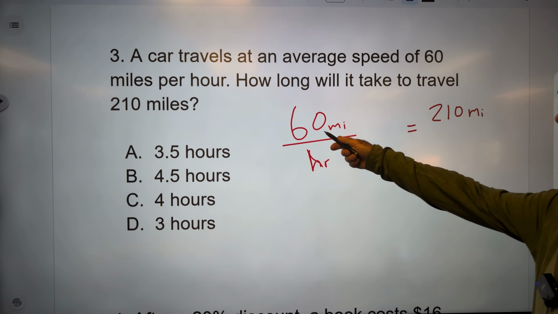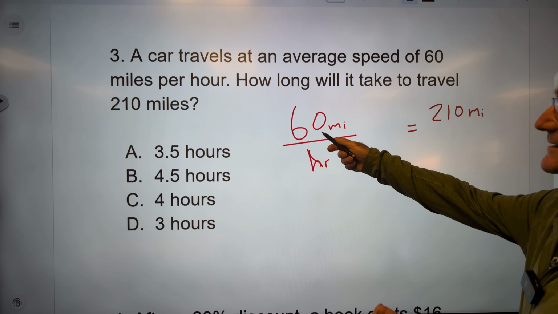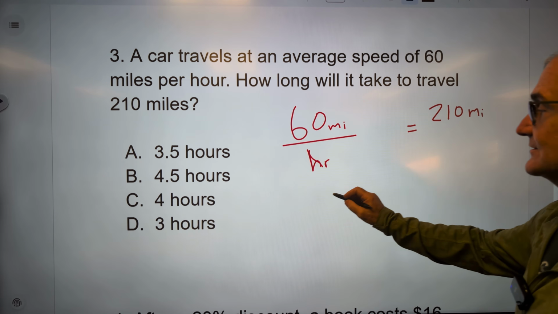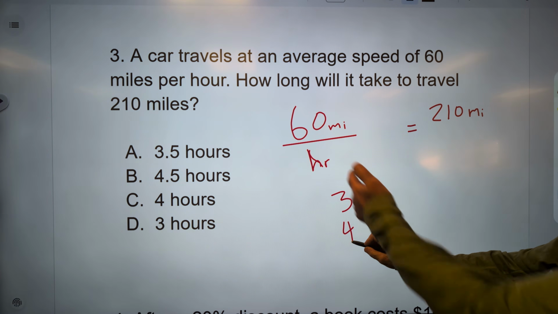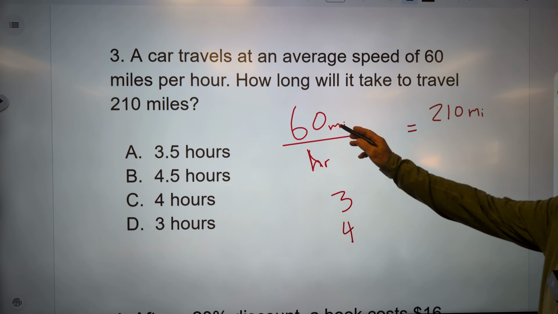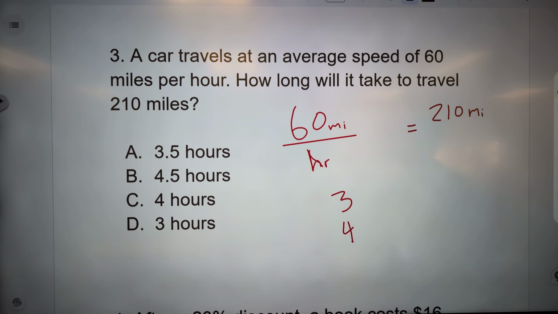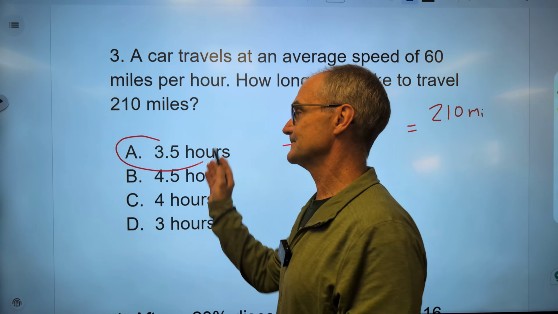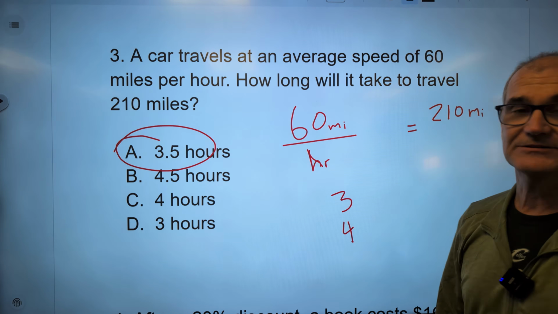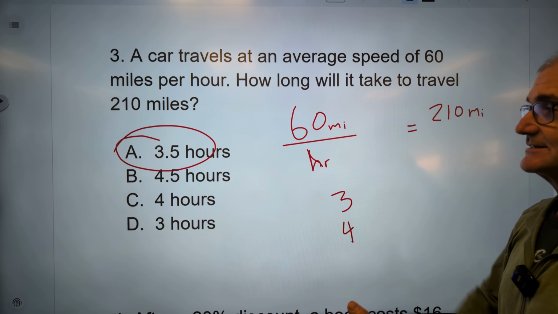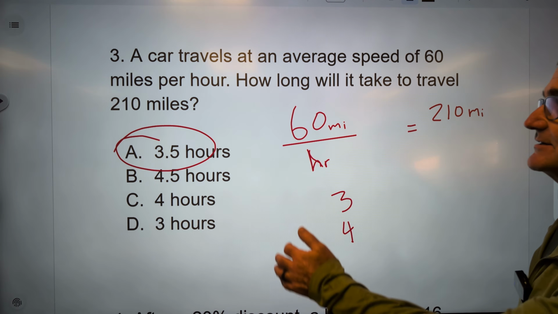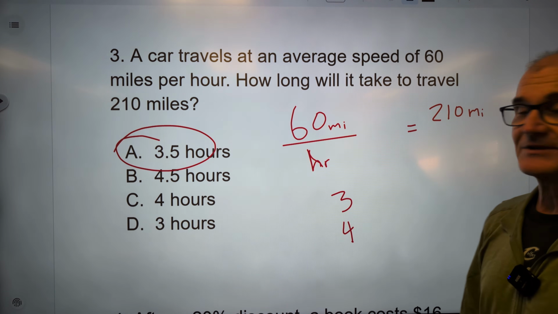Well, times 3 is 180. Times 4 is 240. So it has to be between 3 and 4. There's only one answer up there between 3 and 4. Correct answer, answer A right there. Remember, it's no calculator. There's got to be a trick to it. It's multiple choice problems, so always check your answers. Okay,